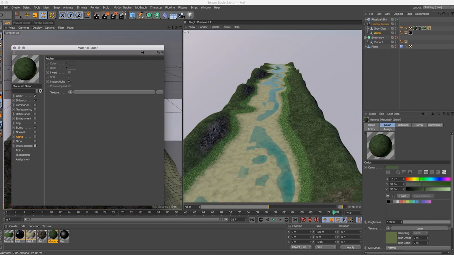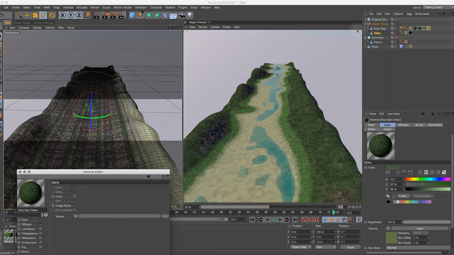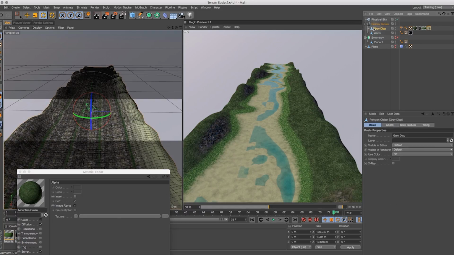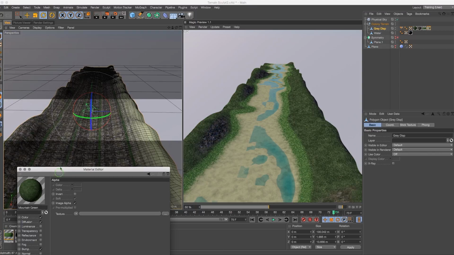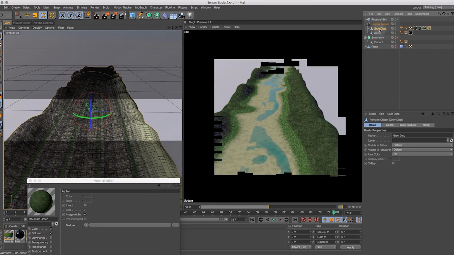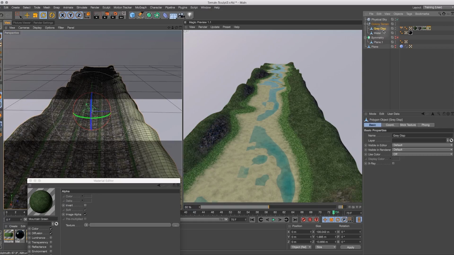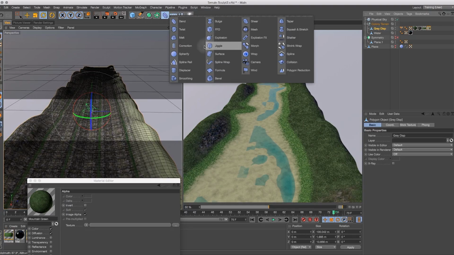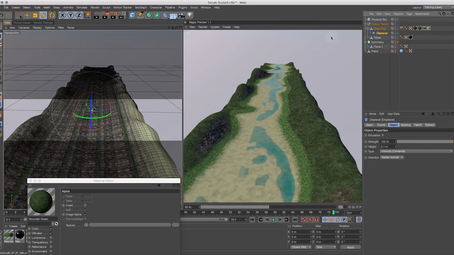what I'm going to do is put this displacement, or this blank terrain, I'm going to turn the displacement off as I've done, and I'm actually going to use a displacement deformer to control the peaks on this. So holding down shift, I'm going to the deformers menu and going to find displacer, which does nothing at the moment, but I'm going to set the height of that to 0.8, the same as the original terrain. Change that to intensity, the same as the original displacement,